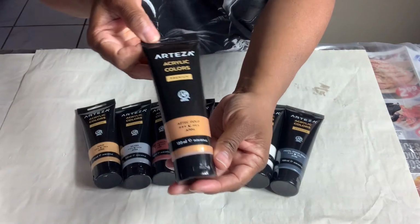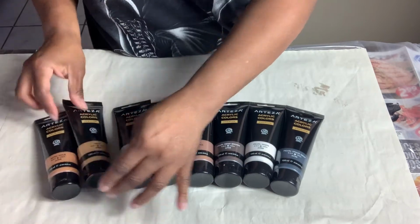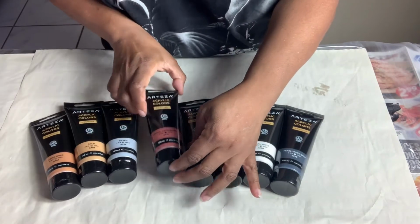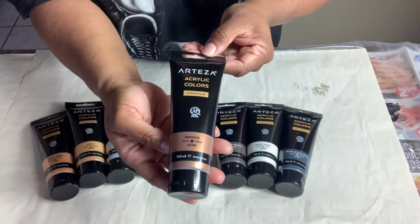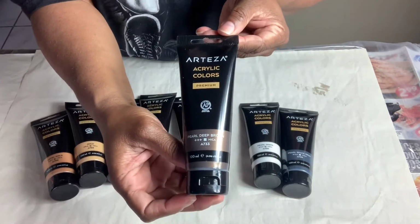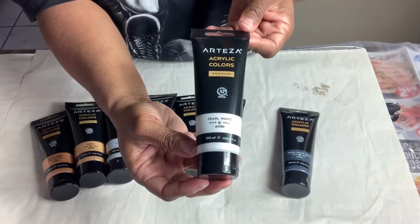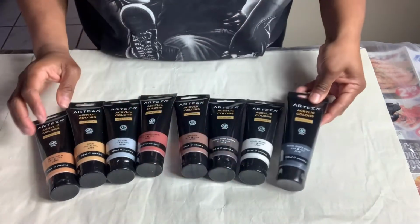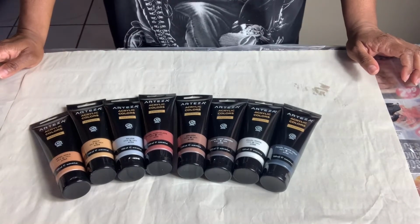Aztec gold, regular gold, silver, pearl marmalade, bronze, pearl deep brown, pearl white, and pearl space gray. I haven't decided which colors I'm going to use,